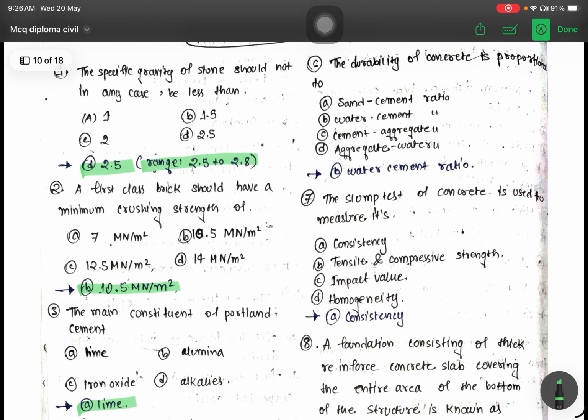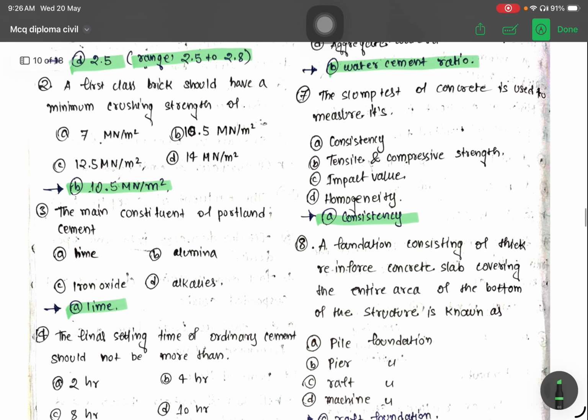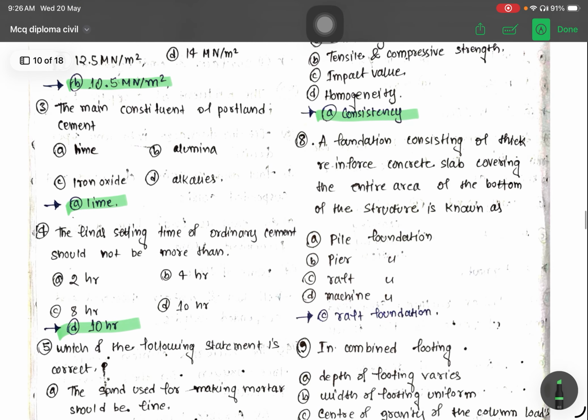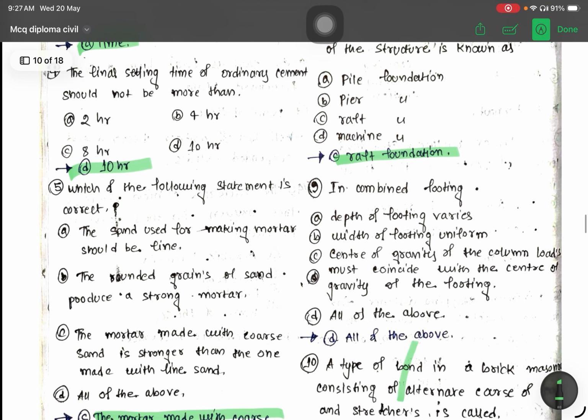The durability of the concrete is proportional to water cement ratio. The slump test of concrete is used to measure its consistency. A foundation consisting of the thick reinforced concrete slab covering the entire area of the bottom of the structure is known as raft foundation. In combined footing, depth of footing varies, width of the footing varies,